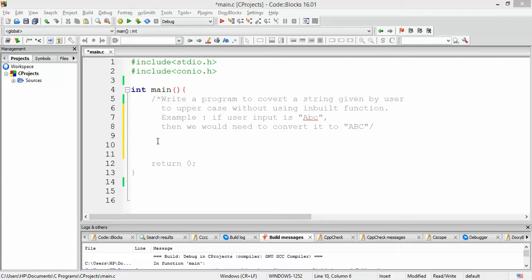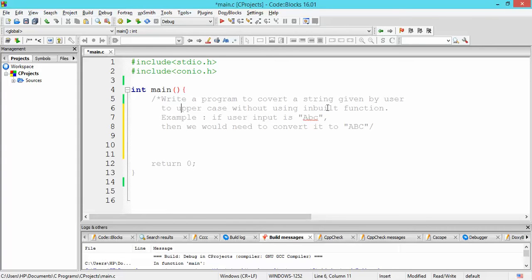Hello, today I'm back with another programming problem, and today the program that we are going to write is to convert a string given by user to uppercase without using inbuilt function. There is an inbuilt function which can accomplish the task of converting a string into its uppercase, and that is strupr.